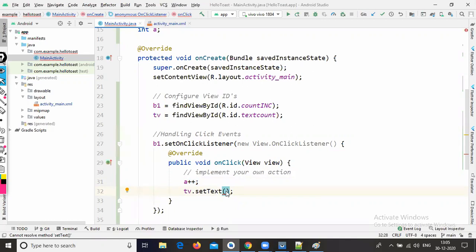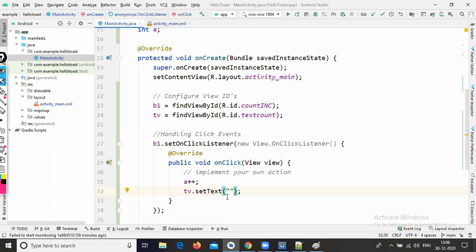How to convert this integer value to string? We have two options: one is concatenation, and the other is converting the integer value to string. Now I want to use the concatenation symbol. Just type double quotes here.